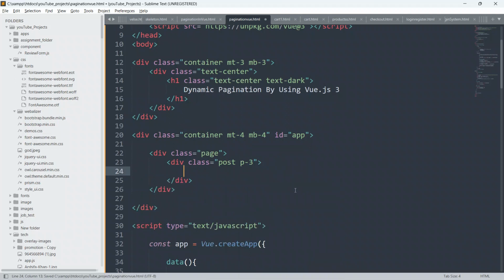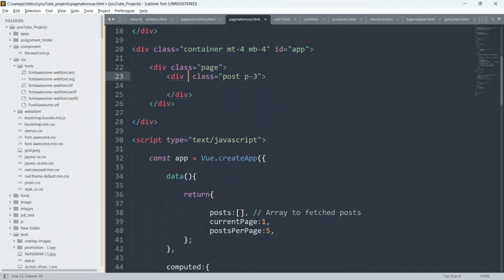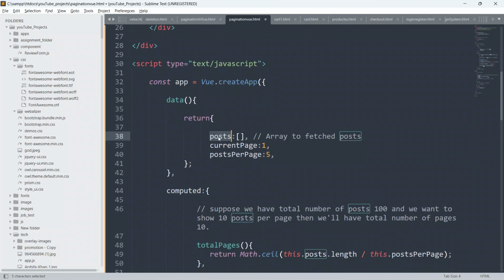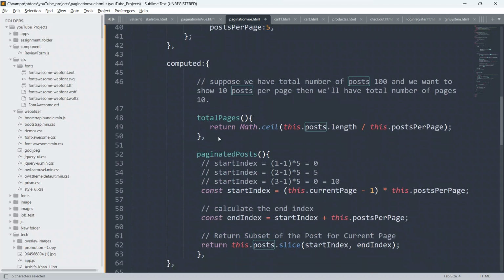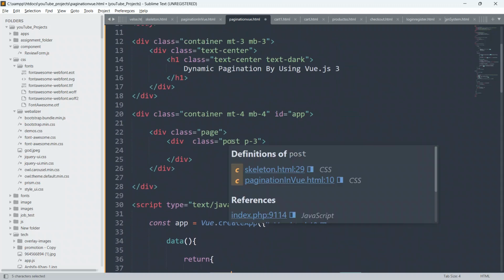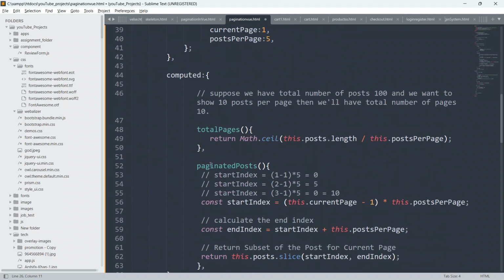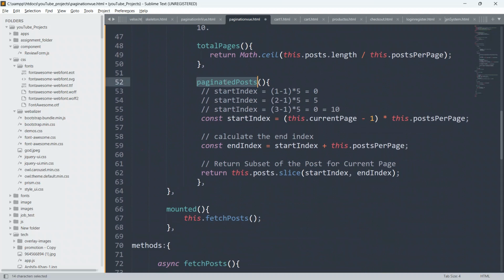Now on this div, I'm going to use the v-for directive. As you all know, posts is an array, so we can use the v-for directive in Vue.js to loop through the paginated post.